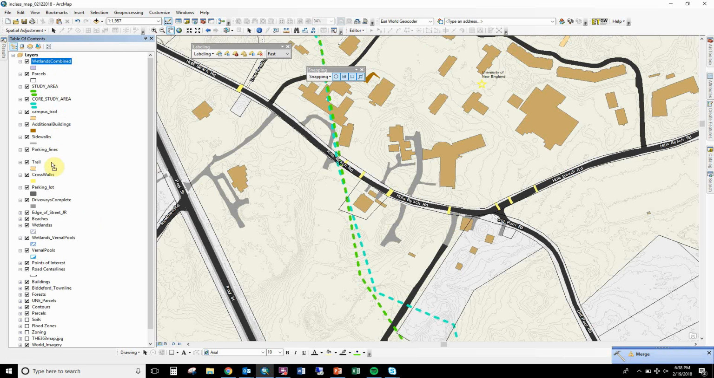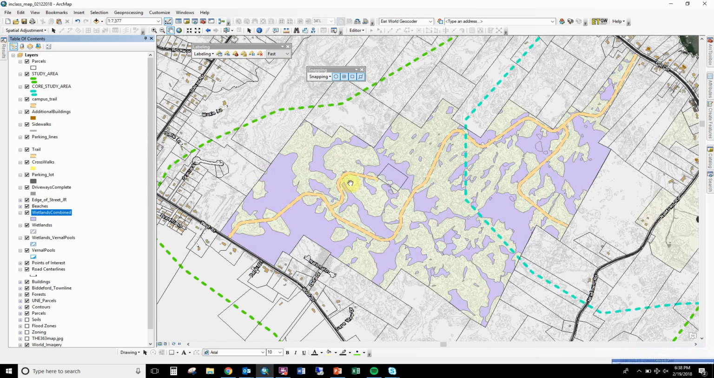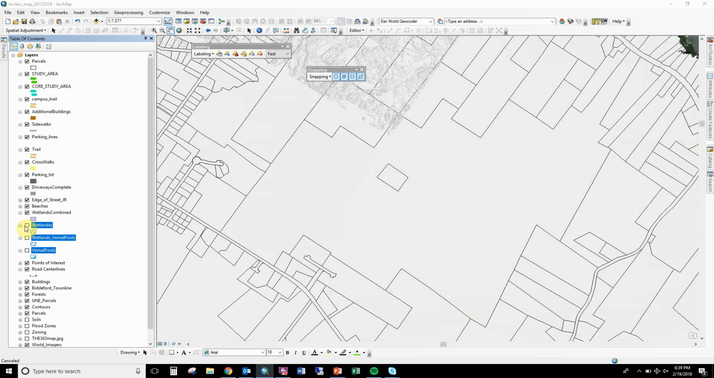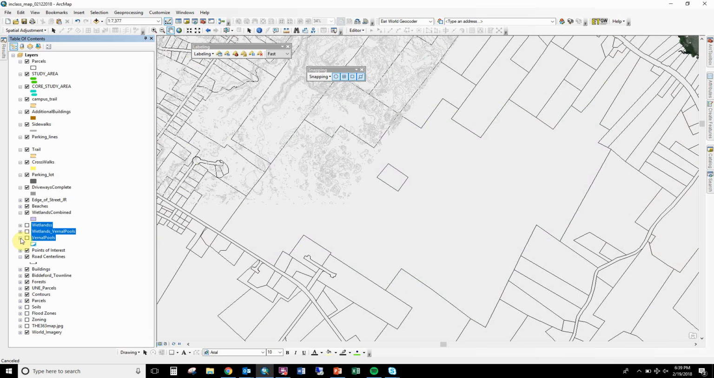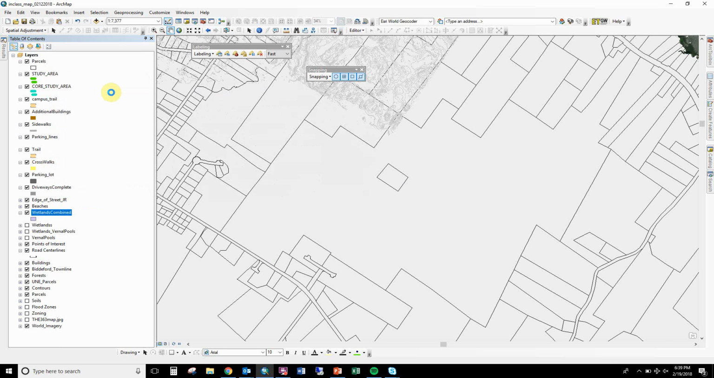Okay. So now we have this one file that is all of them put together. So I'm going to remove the other. Well, maybe I'll just turn them off for now. So then if we look at the attribute table,